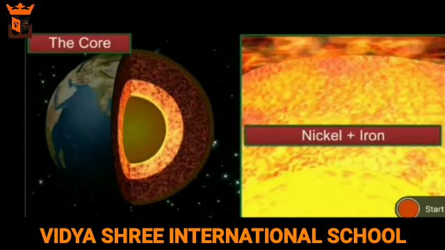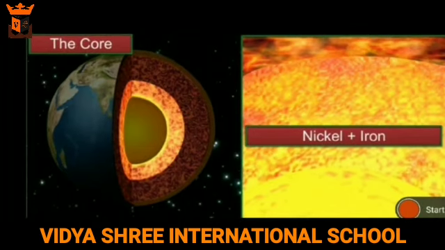Now, let's talk about the innermost layer of the earth, and that is core. And you know, core has a radius of about 3,500 kilometers. And it is mainly made up of nickel and iron and is called Nife. The spelling is Ni, which stands for nickel, and Fe, which stands for ferrous, which is the other name of the iron. So dear children, till now we have understood that the earth is made up of 3 layers which